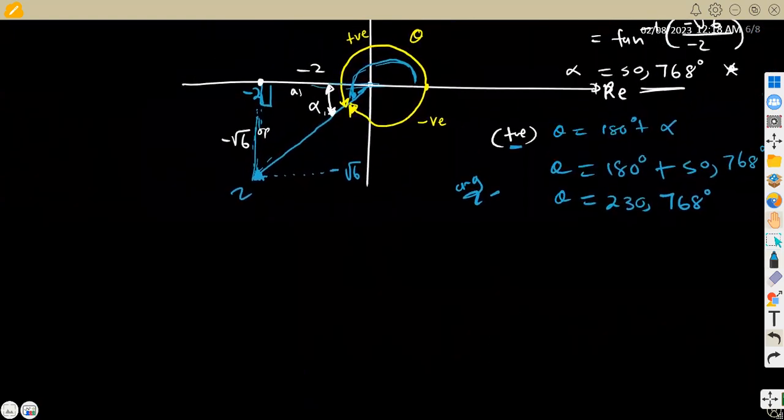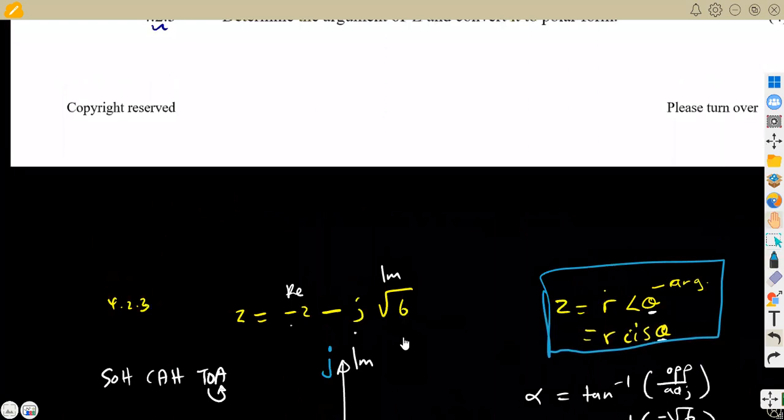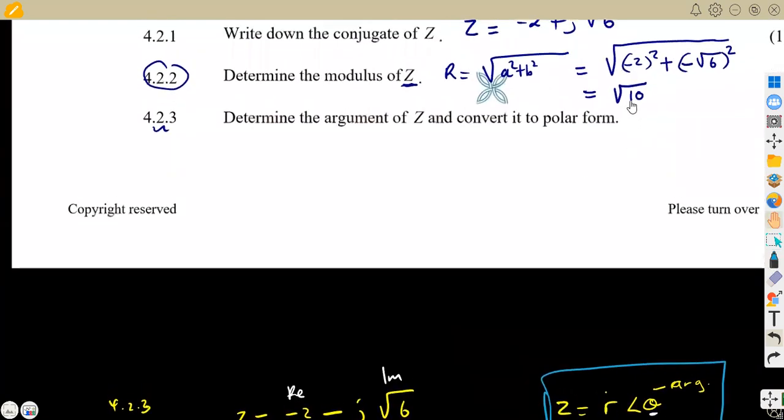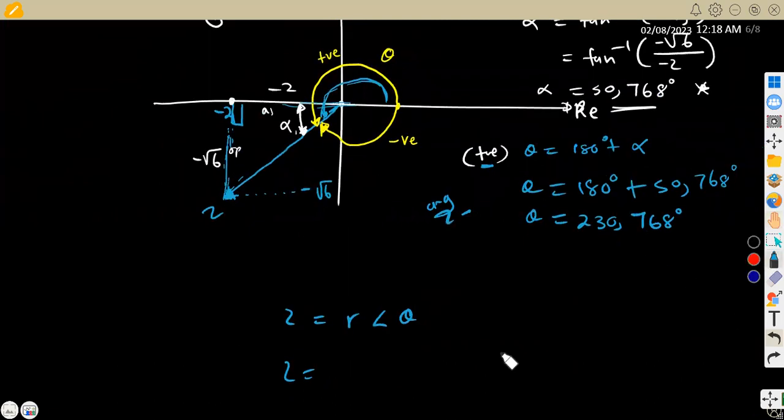All right, so therefore, our z in this case is going to be r angle of theta, where r is the modulus. The modulus we obtained here was the square root of 10. That was the modulus r here, which is square root of 10. So we are going to have this as the square root of 10 angle of theta, which is the angle of